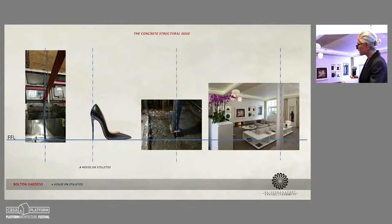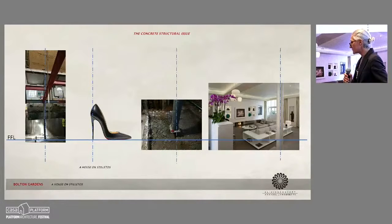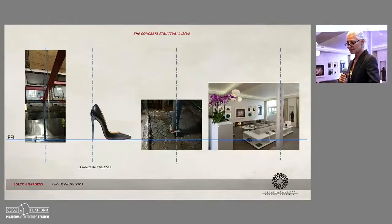This is the project when it was demolished. As you can see, hold on, let me get this. You can't see the pointer anyway, but what's interesting about this project is what happened to us, which is something that happens a lot in London when we excavate basements. We do everything to suit the structural engineer's designs and specifications. And when we excavated the